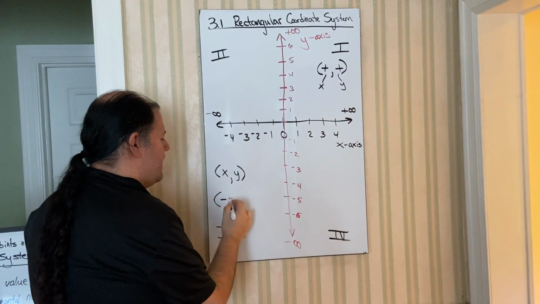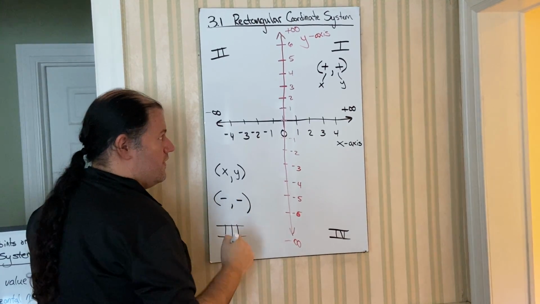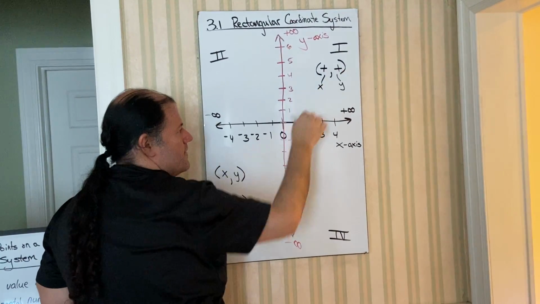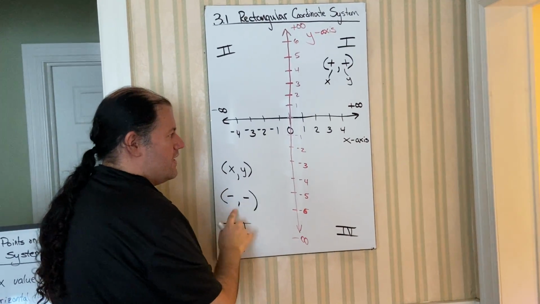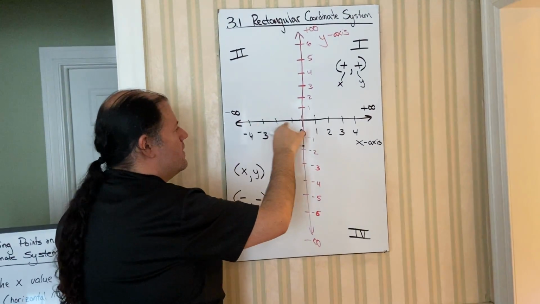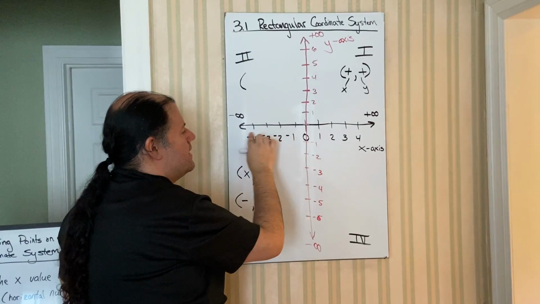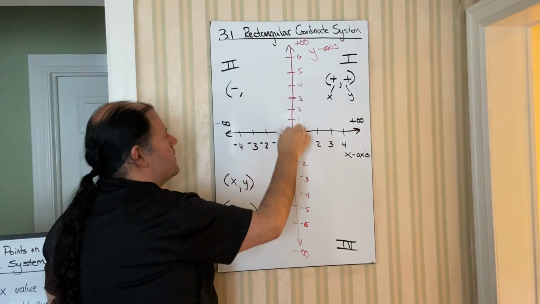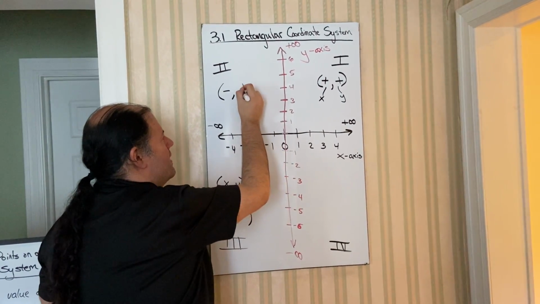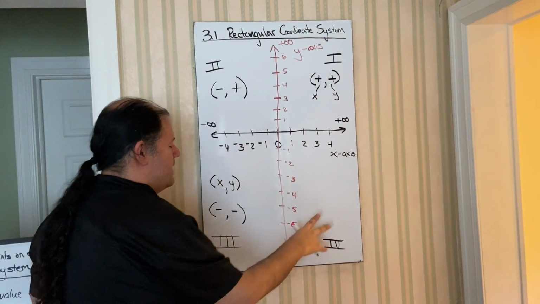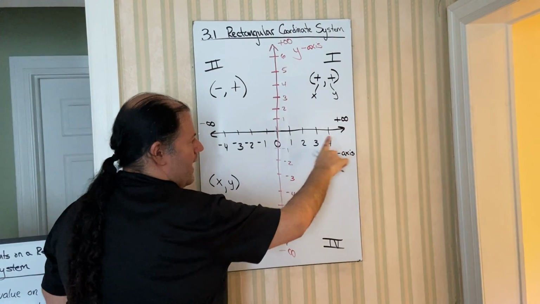So you'll have a negative, negative. So this corner, positive, positive. This corner, negative, negative. This corner, notice your x's, remember x always goes first, is negative, and your y's are positive. And this corner, you're going to have